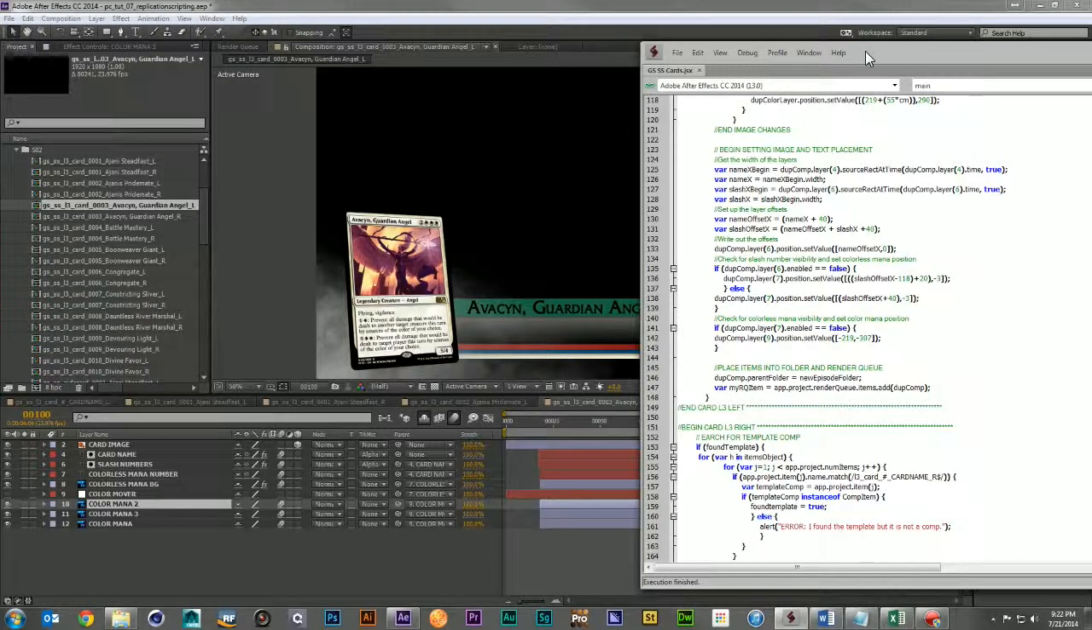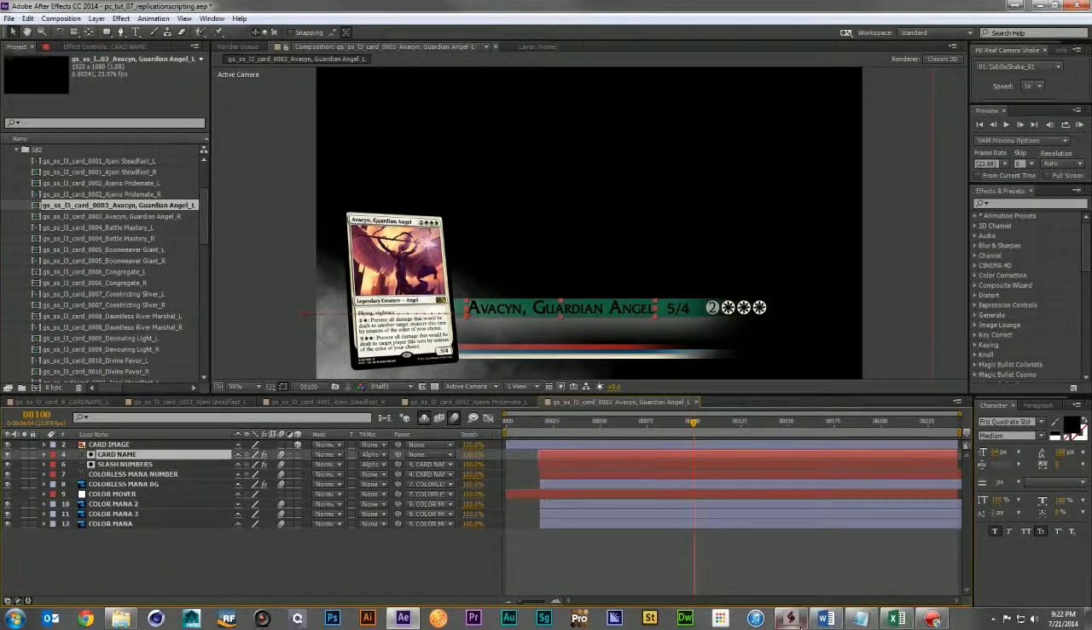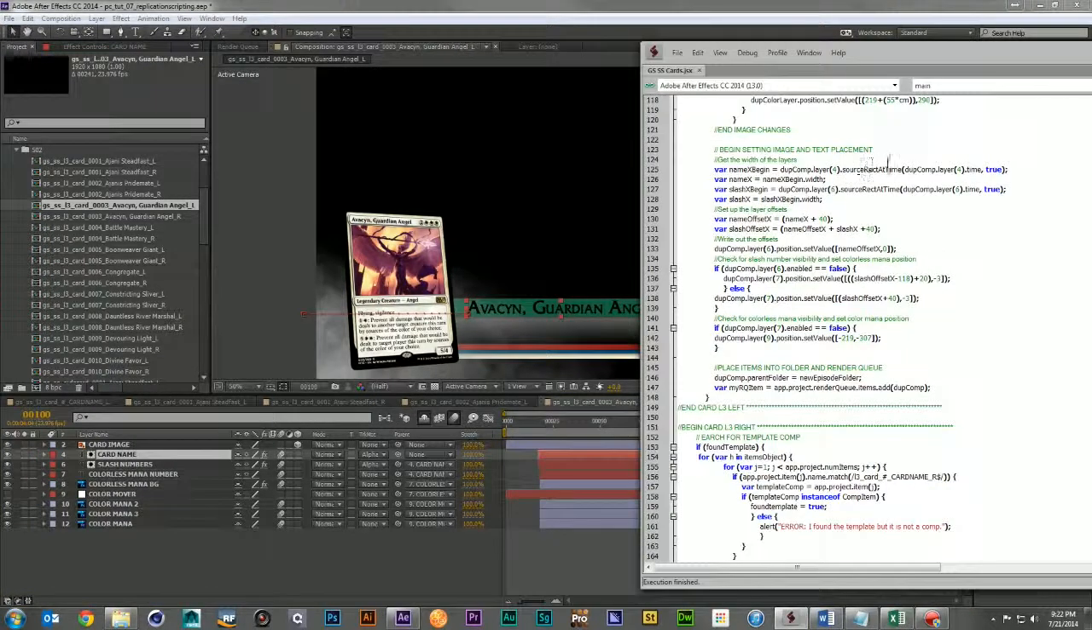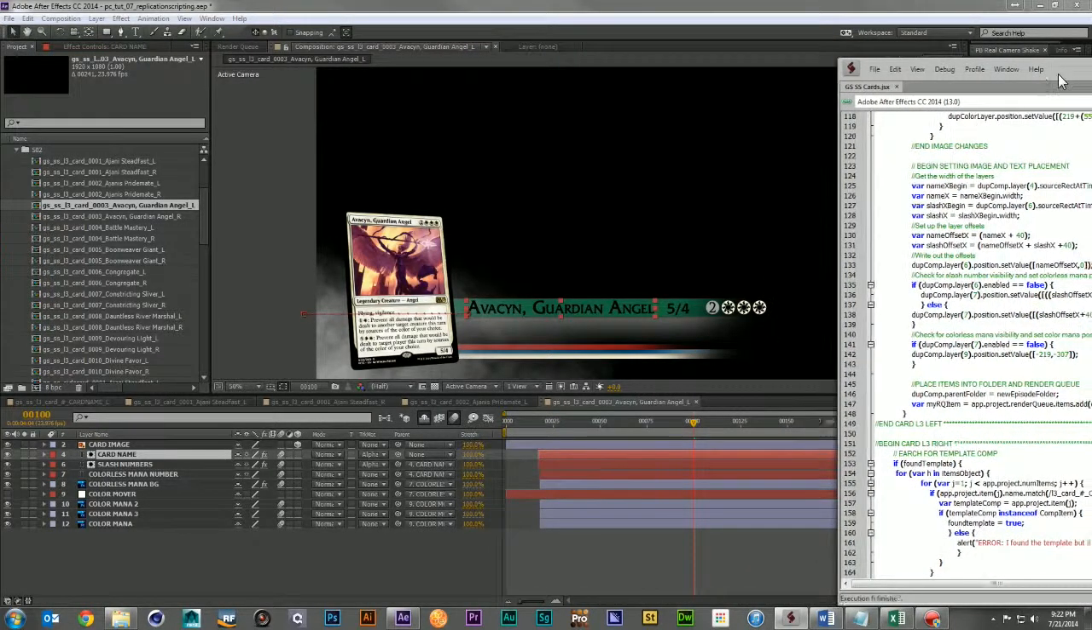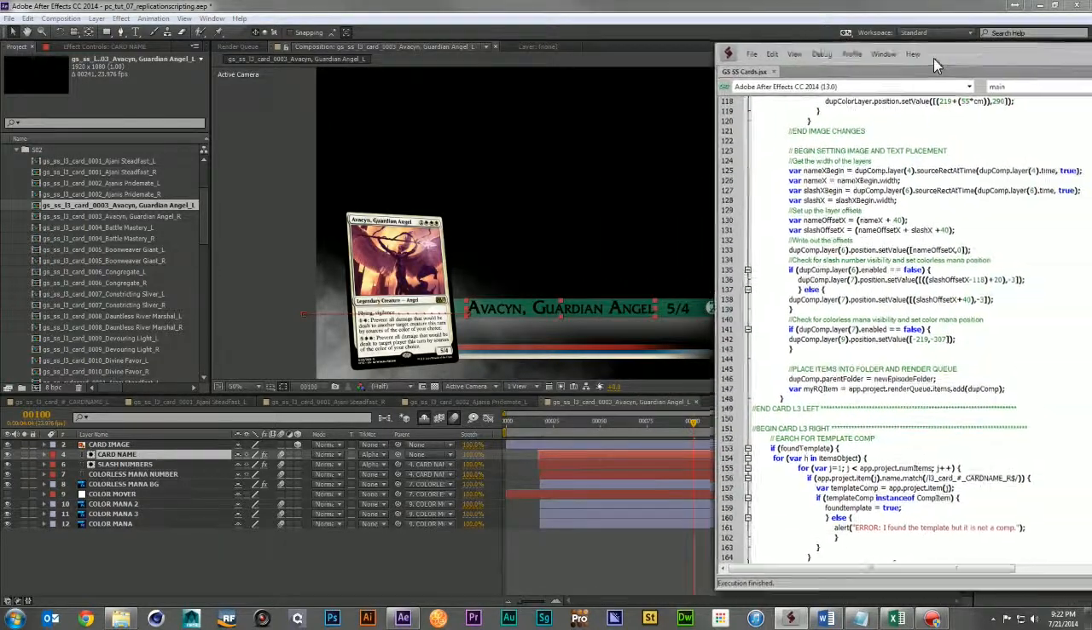So the way we're going to account for the length of the text is we're going to create a new variable, and we're going to call it the name x, meaning the x-axis, begin. Where does this begin? And we're going to take our layer 4, the card name, and we're going to look at the source rectangle at this time, which is duplicate comp layer 4, again, just the card name. At this time in the comp, be it wherever it is, here it's at 10, here it's at 100,